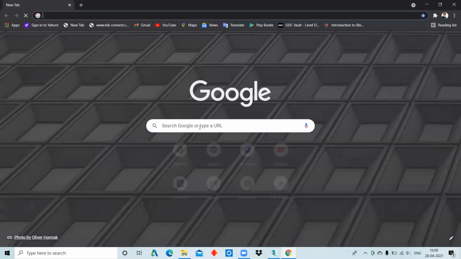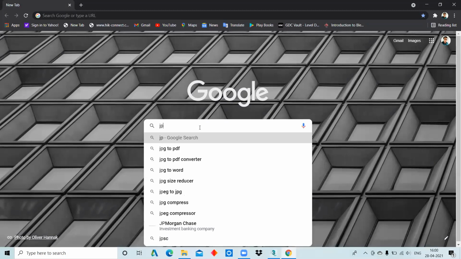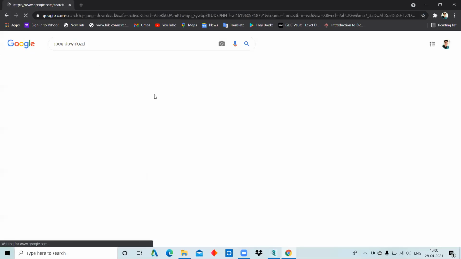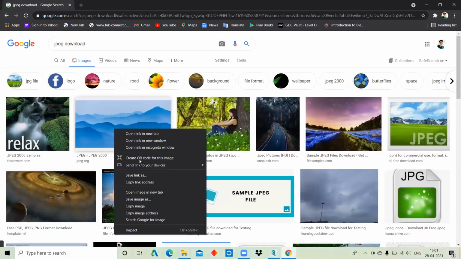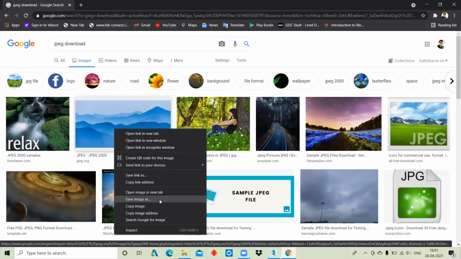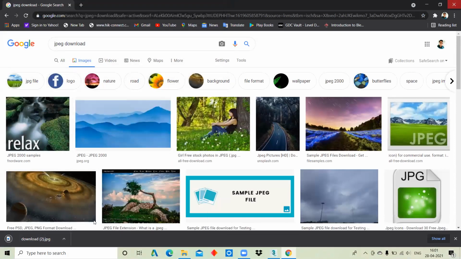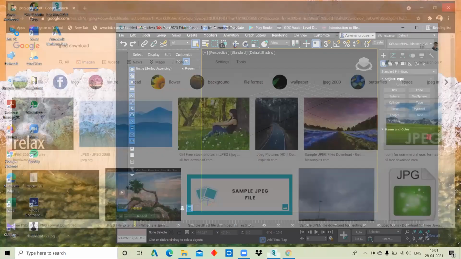Download any JPEG image. You must have some photo, just any photo, saved as JPEG. Let me go to the downloads.